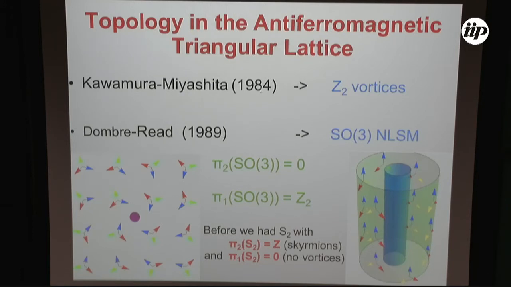Okay, so as I said, pi 2 is trivial, so there should be no skyrmions, but one should be able to observe these vortices. And these are some pictures reproduced from the original paper by Kawamura and Miyashita, where if you look at these triangles, when you have this singularity here, you can see that some twisting around the singularity is there. I didn't say why there is a singularity, and I will not have the time, but